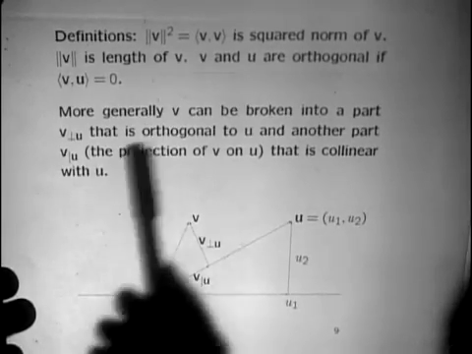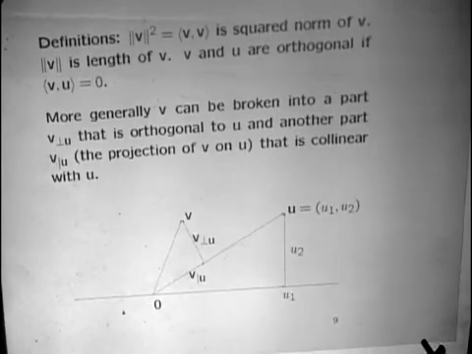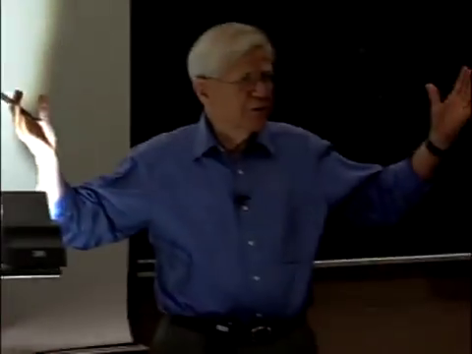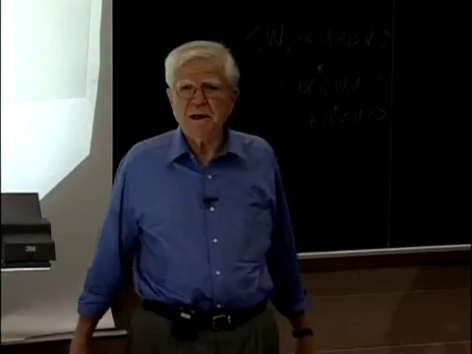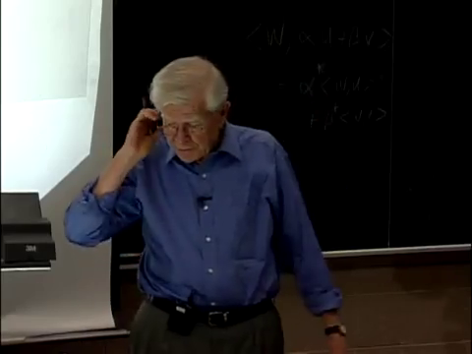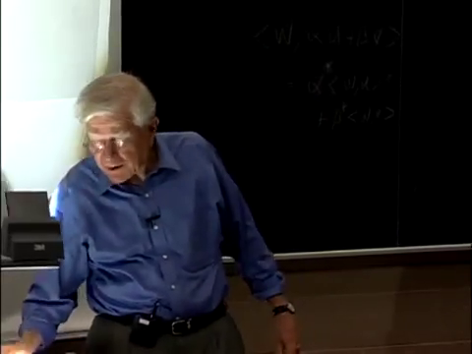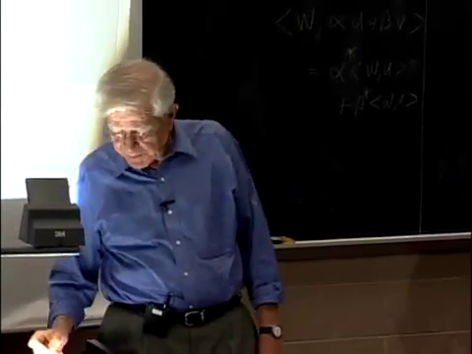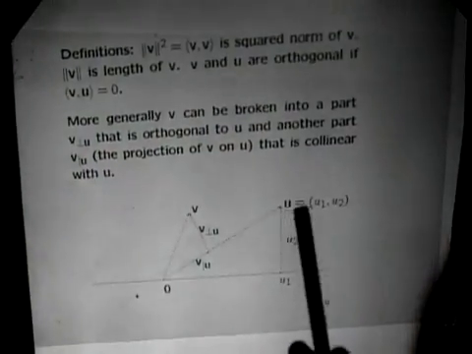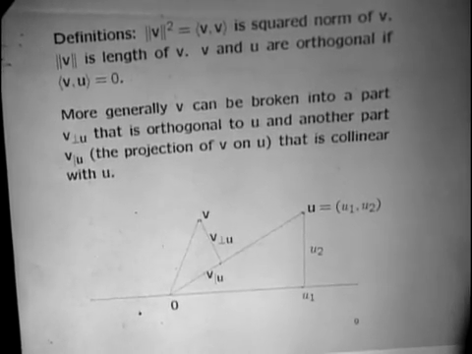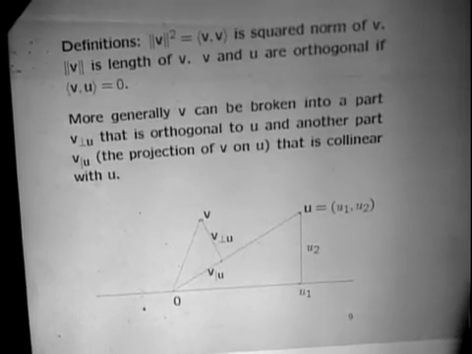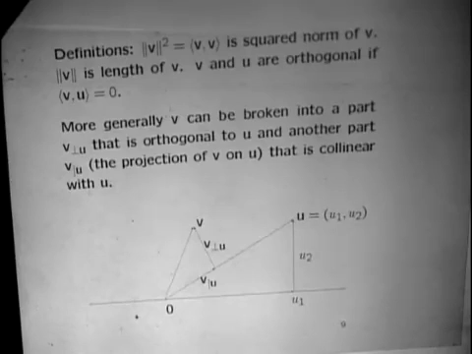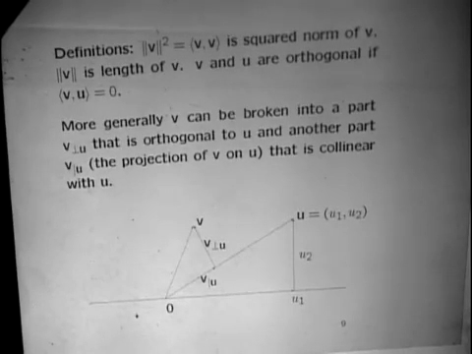Okay, and this theorem says in any old inner product space at all, no matter how many dimensions you have, infinite dimensional, finite dimensional, anything, if it's an inner product space on either the scalars R or the scalars C, you can always take any old two vectors at all, and you can break one vector up into a part that's collinear with the other and another part which is orthogonal. And you can always draw a picture of it if you don't mind just drawing the picture for real vectors instead of complex vectors. This is an important idea because what we're going to use it for in a while